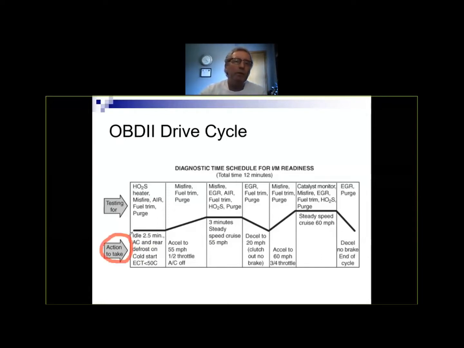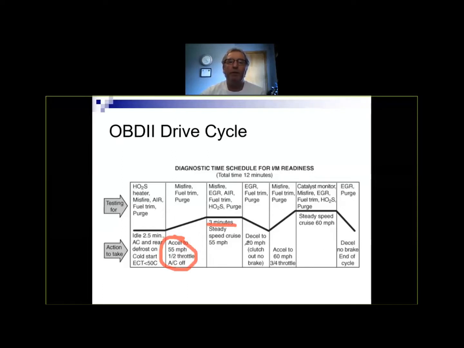For example, idle for 2.5 minutes with the AC and rear defrost on. It has to be a cold start, so the engine coolant temperature has to start out less than 50 degrees Celsius. Then, of course, we're accelerating to 55 miles per hour at half throttle with the AC off,